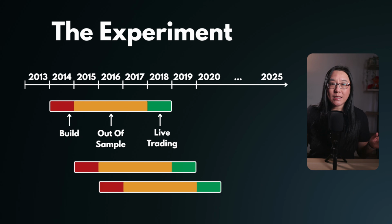So here's the experiment. I used software to automatically create trading strategies for me. Then I took each one and retested it on a full year of data it had never seen before to simulate how it would have performed in live trading. I repeated that process every year from 2018 all the way up to 2025 over 28 Forex pairs, 4 time frames,